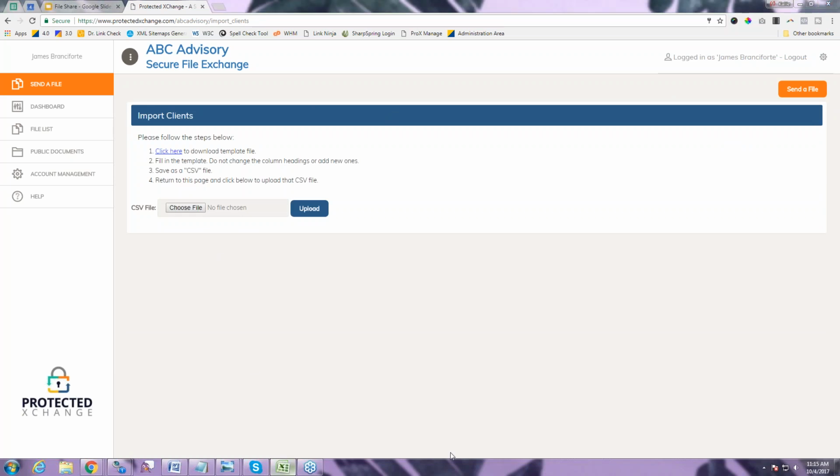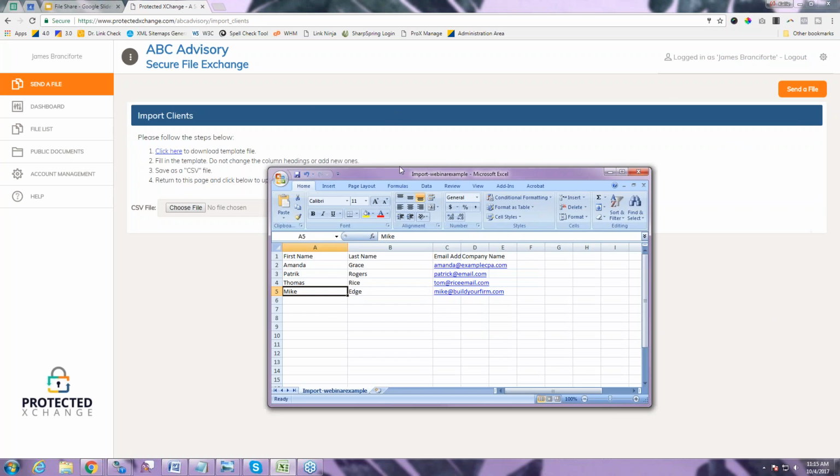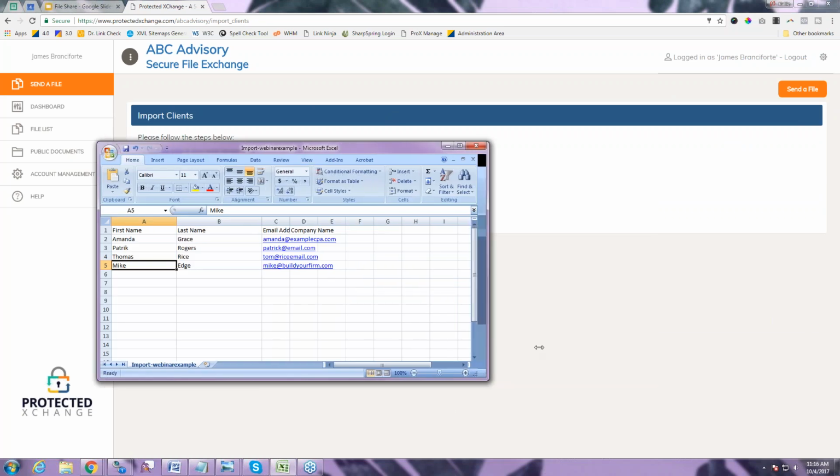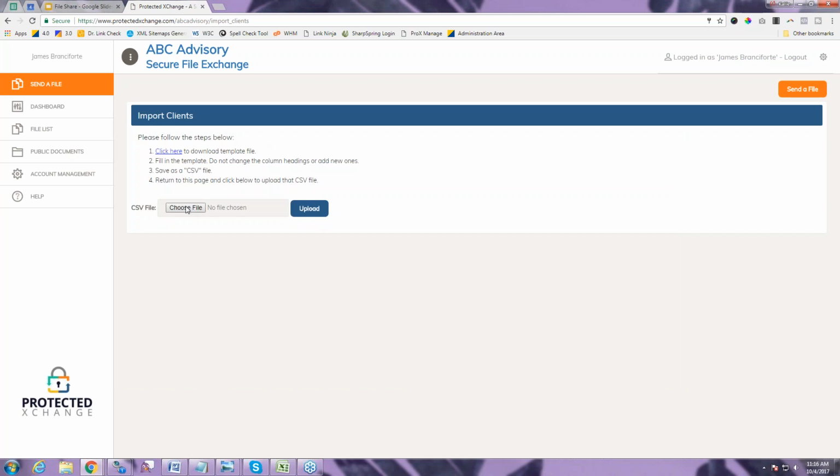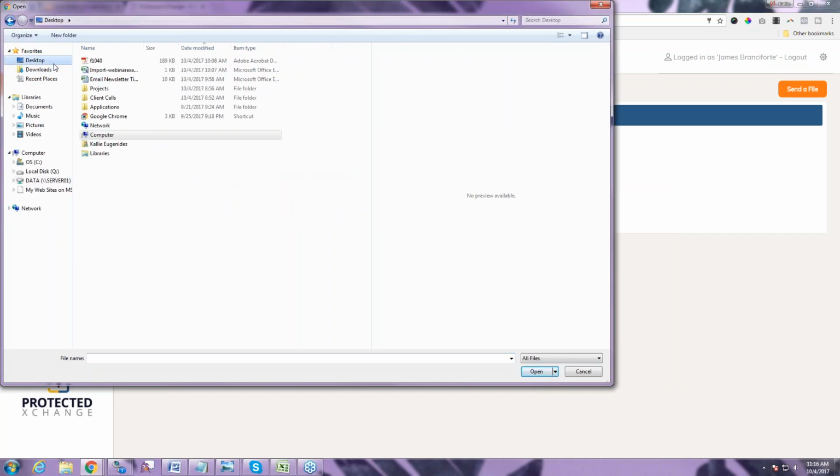So what you want to do is add all of your clients to a CSV file, or you can download them from a newsletter tool, from your tax software, from your Outlook. You just want to download all of your clients' information to an Excel spreadsheet and then save that as a CSV file. You want to make sure you at least have their first name, last name, and email, and then you can import them into the system. I created this one here with just some sample clients, and I'm going to go ahead and choose that file